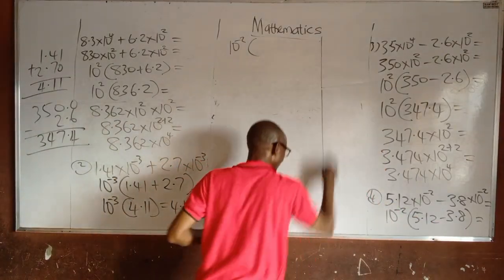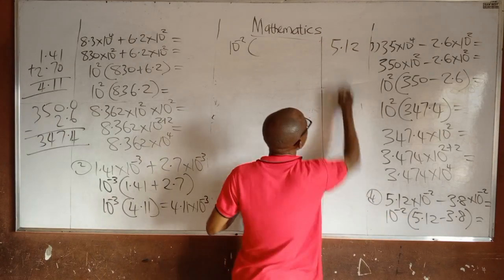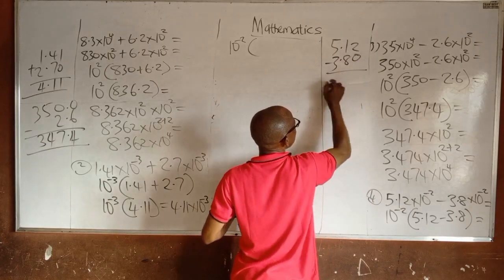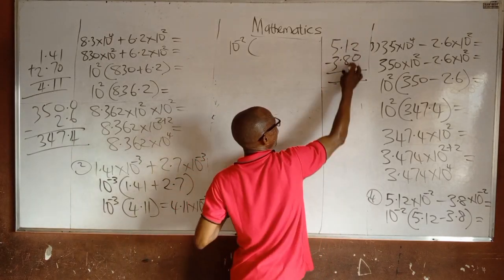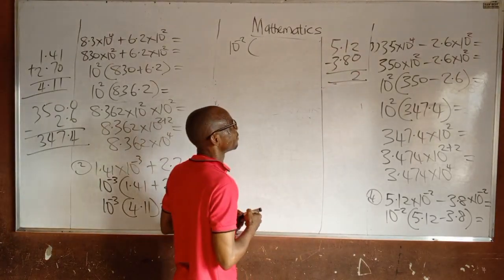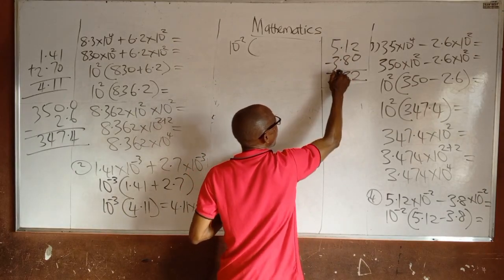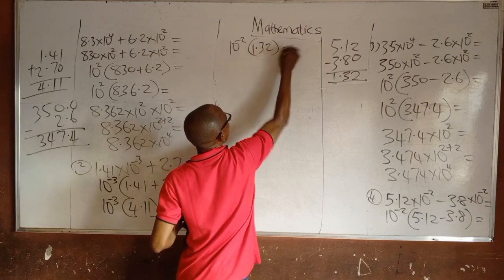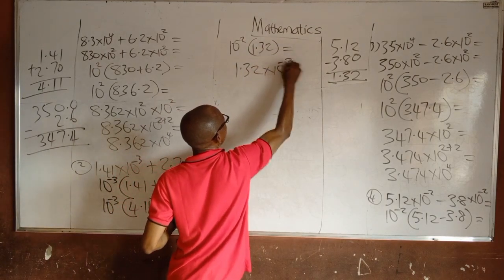Now look at this evaluation. 5.12 minus 3.8. If we evaluate that, we are going to get what? 2 minus 0 is 2. 1 minus 8 cannot, so we borrow 1 to the 1, that becomes 11. 11 minus 8 gives you 3. What is left here is 4. And we have 1. So this gives us 1.32. So our answer becomes 1.32 times 10 raised to the power of